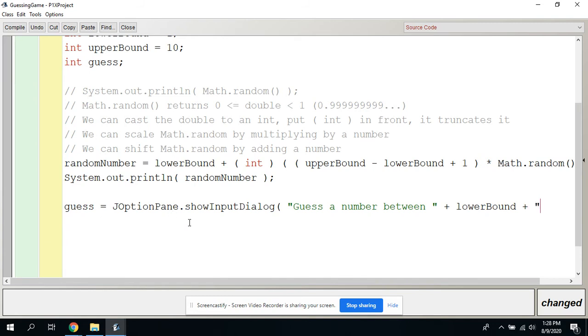I want you to put an extra space between any kind of math operators or anything in here. Now this plus isn't actually adding this value to this value. It's adding this as a string to this string. It's adding a bunch of strings together. So upper guess between. Now here's a cool little trick. We can move this to the next line so it's easier to read, and Java is totally okay with this. As long as you don't put a semicolon, it just reads the next line as part of the last line. So upper bound,